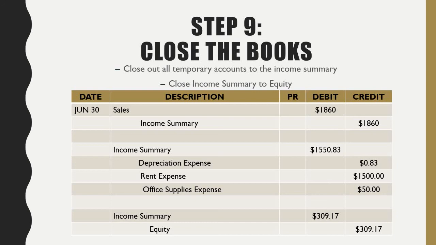So in this case, right, I have my total sales right there, my total cost of goods sold, and here I get a total of 309.17, right, which was my profit. And of course, after you've